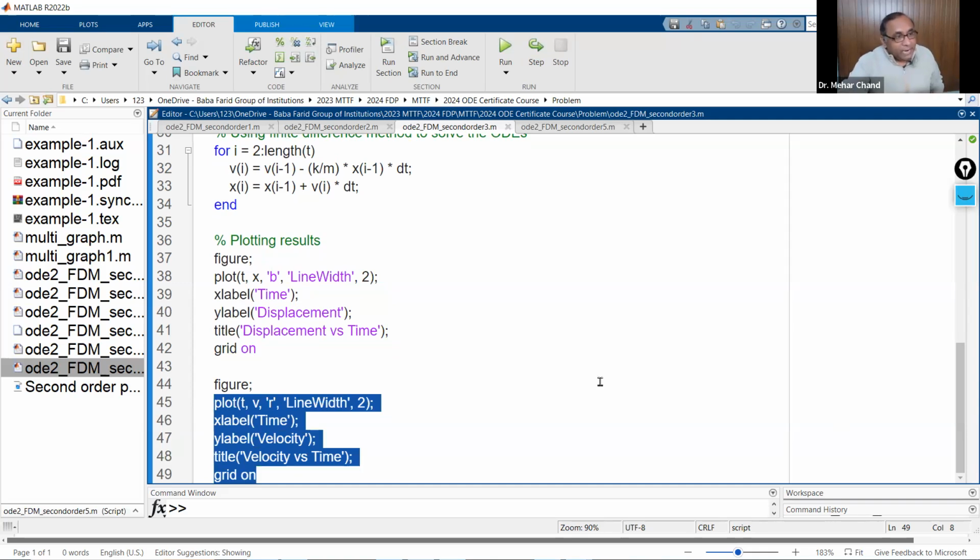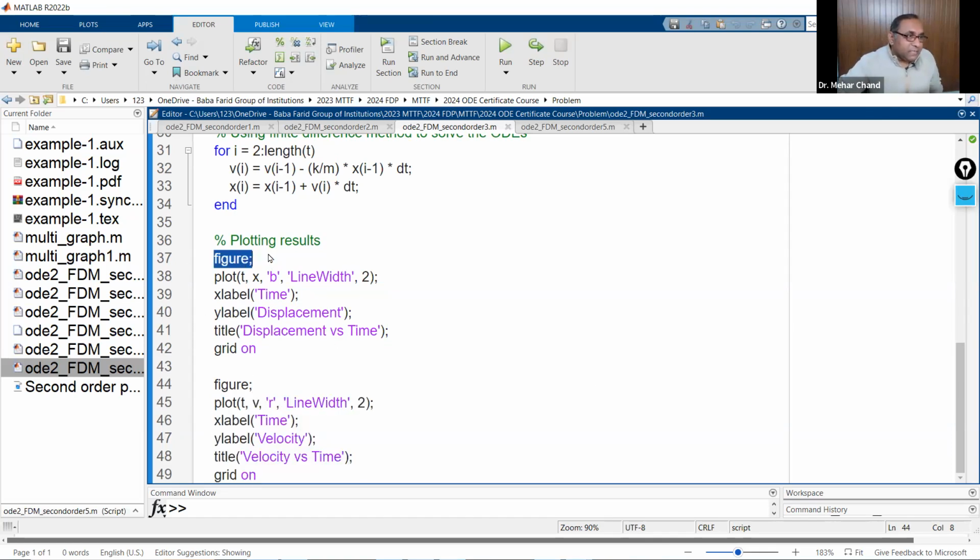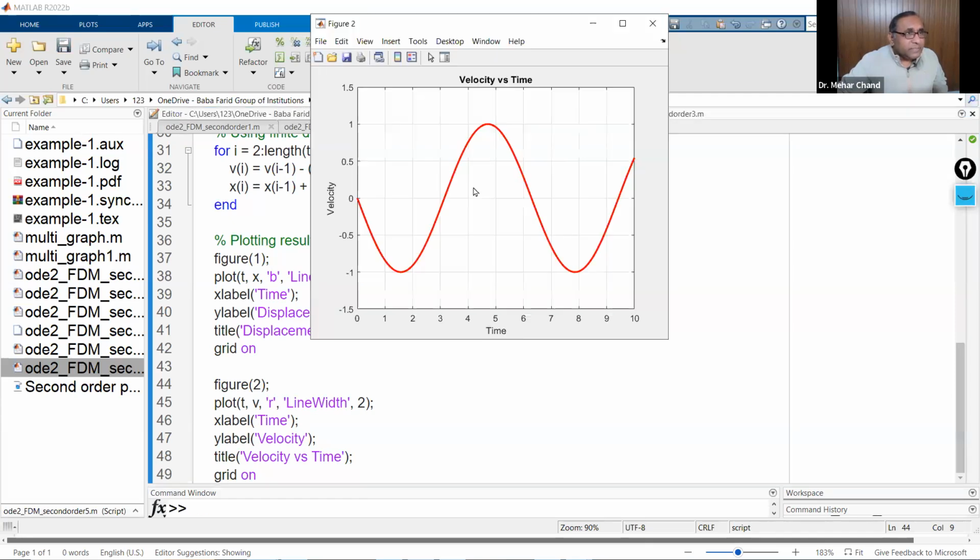If you want to combine them, we can do that, but here, when you use a figure at this place, or either you can use figure 1 in this way. You can use figure 1 and this is figure 2. You can use it in this way also. And when you execute this sequence of statements, you can see there